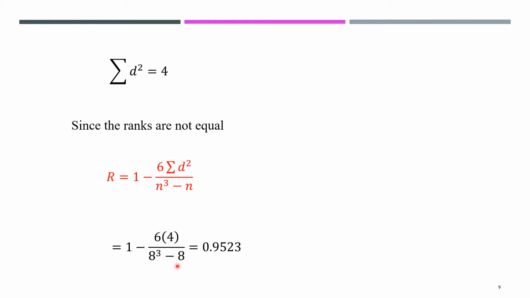Since none of the numbers in the X and Y columns were repeated, we used this formula and got the ranks from 1 to 8. That is why n is equal to 8. It does not depend upon the rank. This n depends upon the total number of data given in the X or Y column. So capital R is 0.9523. Again positive correlation, and this value lies between minus 1 and plus 1.